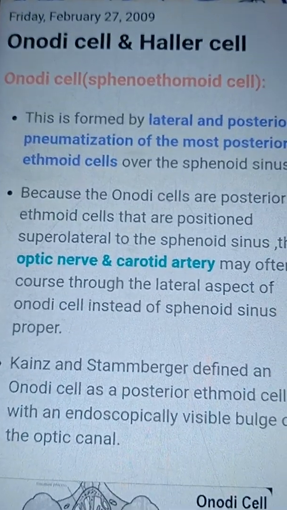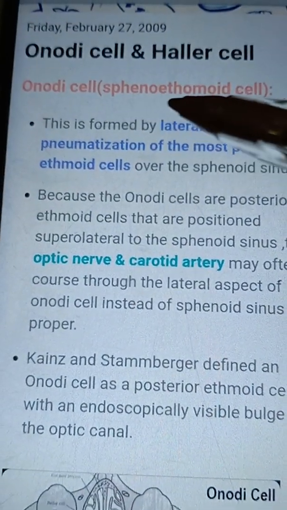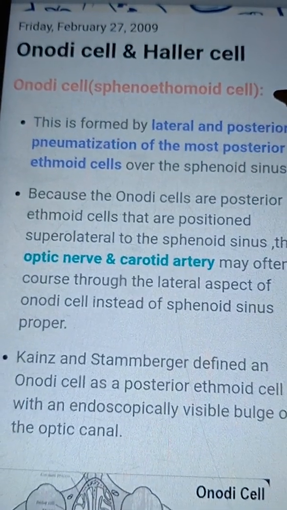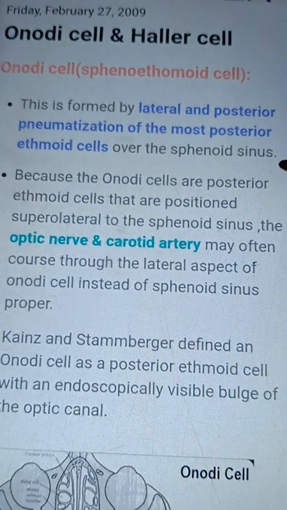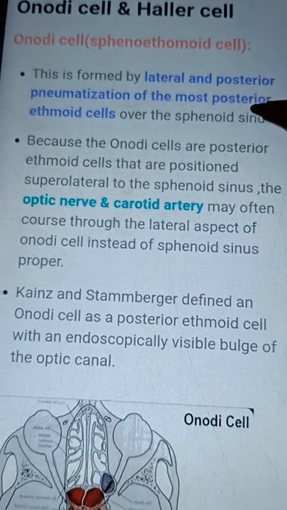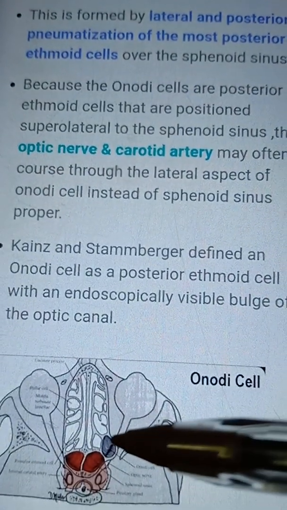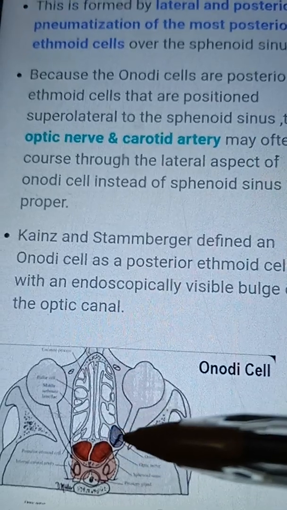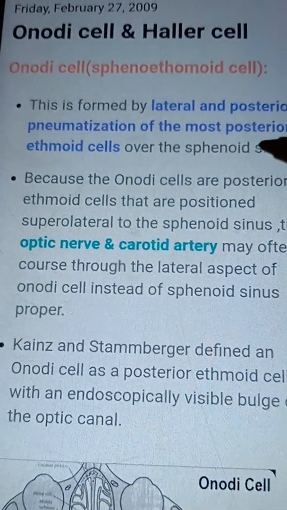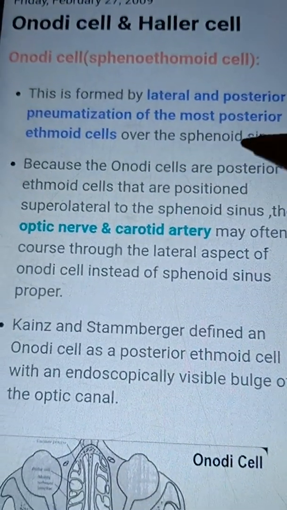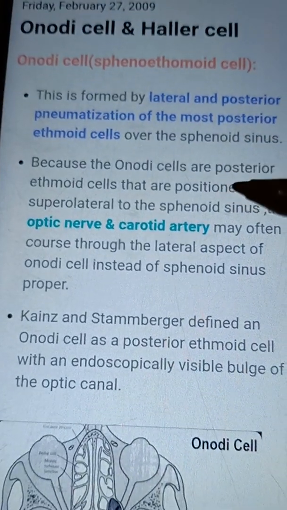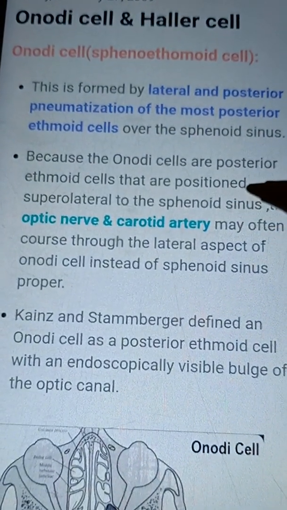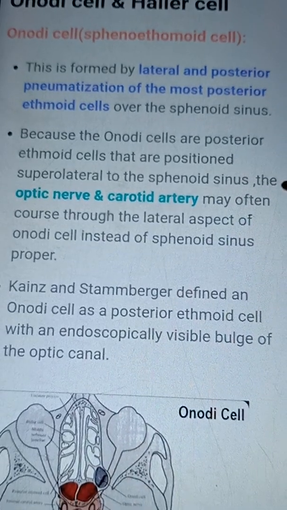Onodi cell and Haller cell. The Onodi cell, also called the sphenoethmoidal cell, is formed by the lateral and posterior pneumatization of the most posterior ethmoidal cells, the ethmoid complex and the most posterior ethmoid cells over the sphenoid sinus. Because Onodi cells are posterior ethmoid cells that are positioned superolateral to the sphenoid sinus, the